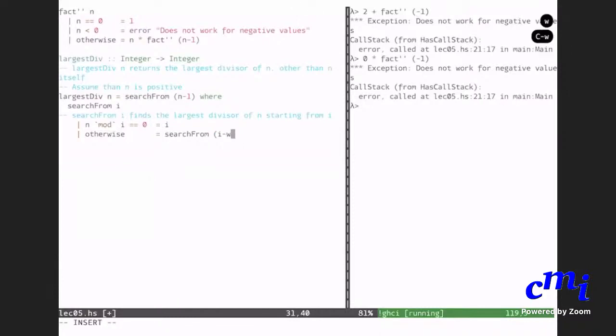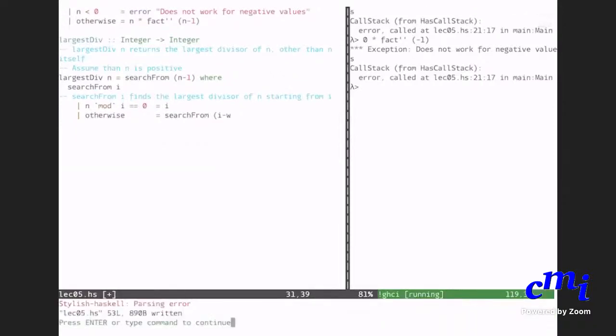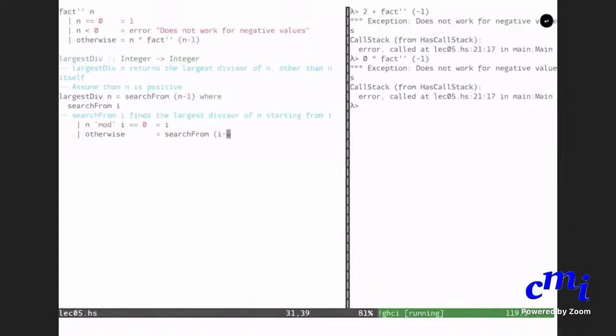Sir, is it possible to define search from not locally? Yes, you can define search from not locally also. You can do that by just defining it separately, instead of saying where, you put search from here. So what will happen if you define search from globally?